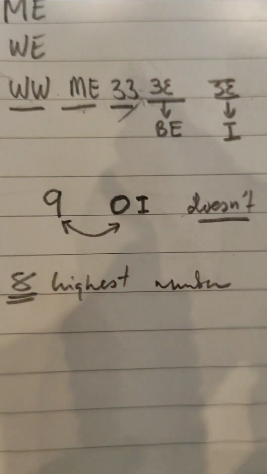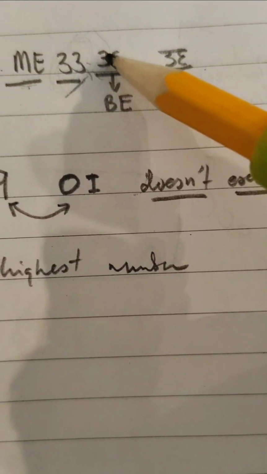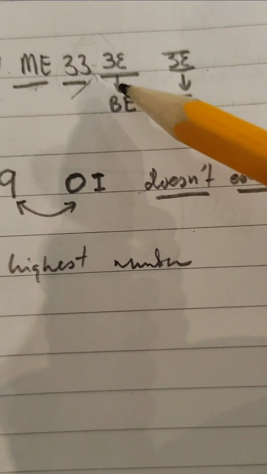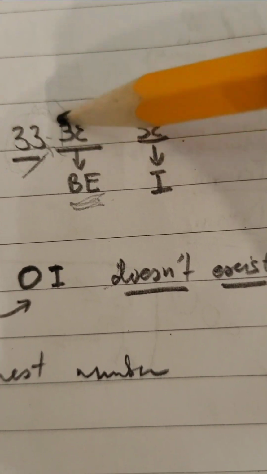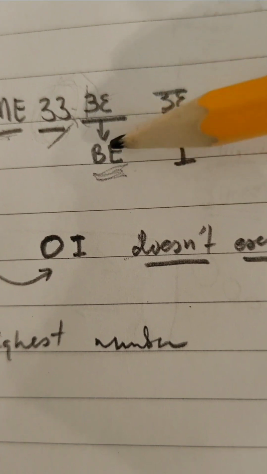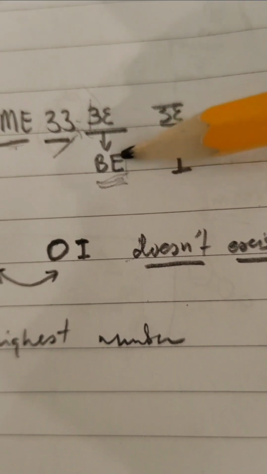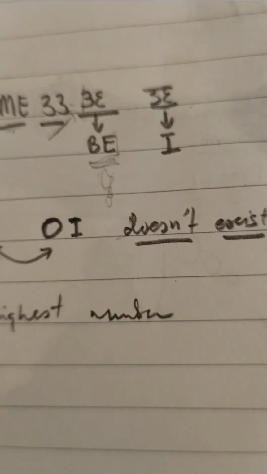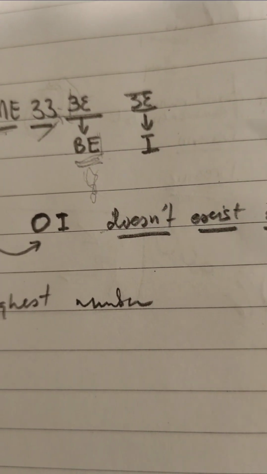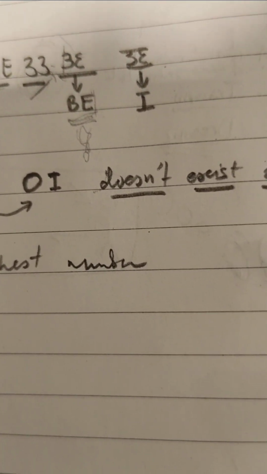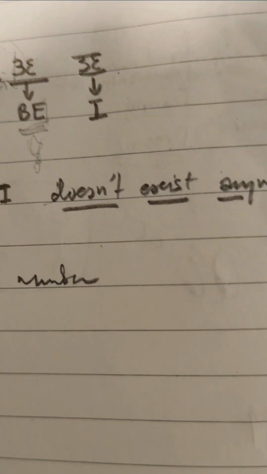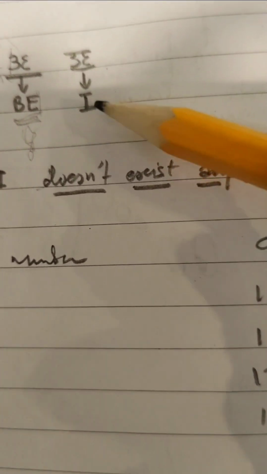Anyway, WW, me, if you invert it the other way as well, as in M and E this way, you end up as B, because if you put a line through here, it's B. Or you still have 2 8s, which is still, you know, life and infinity, and if you put it together, you put lines across it, you still end up with the I anyway. 8 is the highest number because 9 is a 0 and a 1.